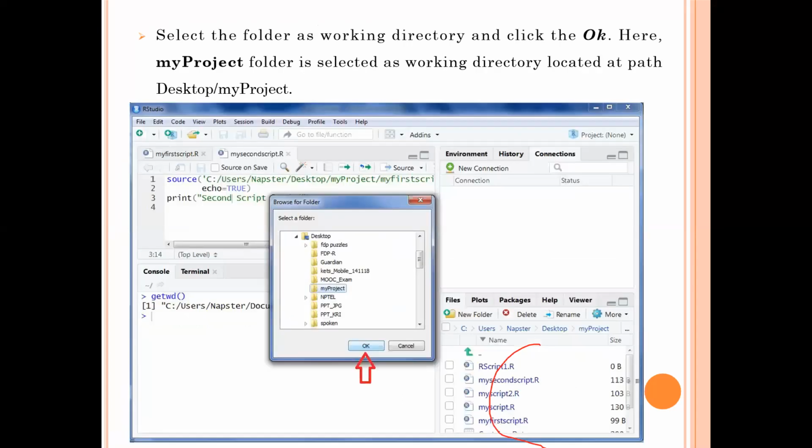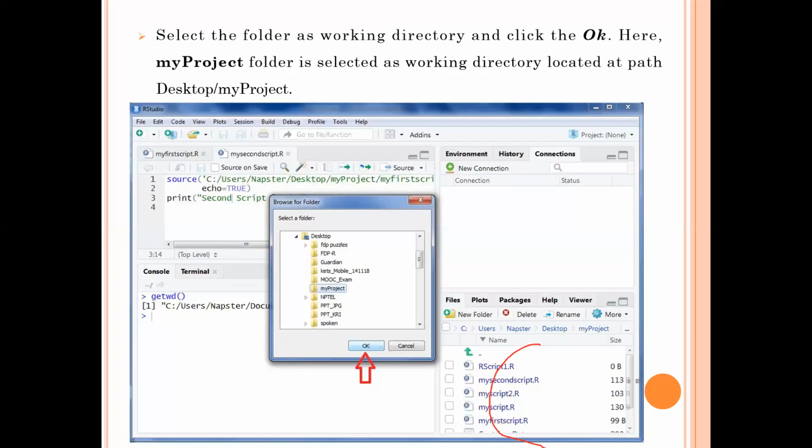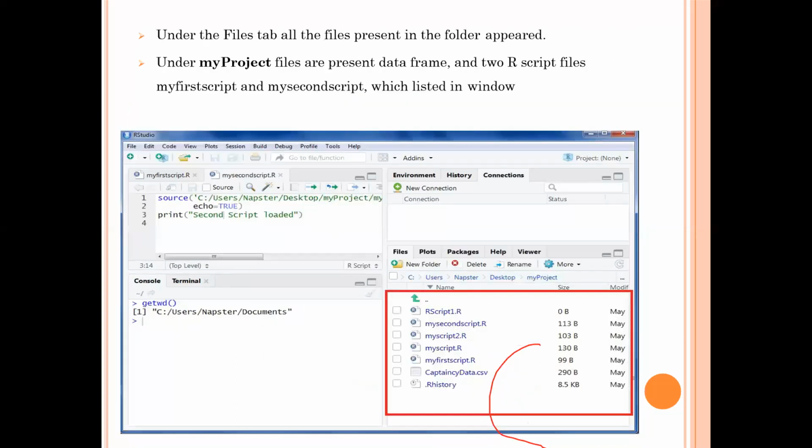Now select the folder as the working directory and click OK. If you have some project folders, you can set them from there, or by using the setwd command. Under the Files tab, all the files you have saved are shown.